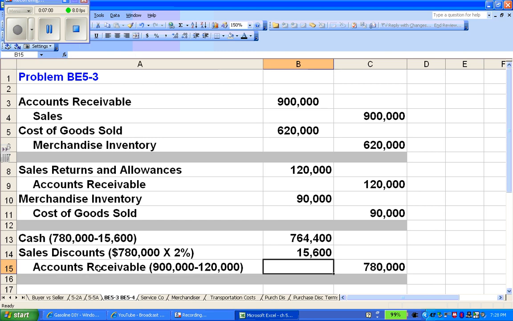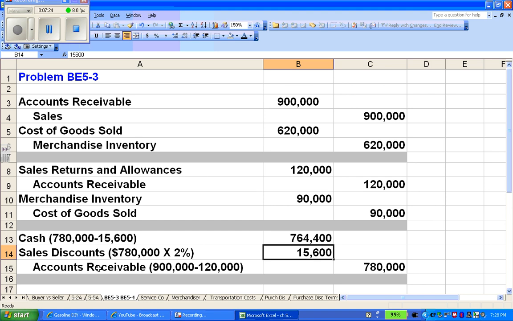So I want to take that off my books because the customer is paying. Churchill is paying me, and they do not owe me the 780,000 anymore. Because they paid within the terms, they're only going to pay me cash less the discount. And you calculate the discount again by taking that accounts receivable times the terms, which is 2%,